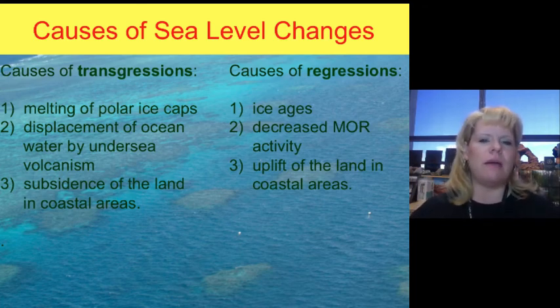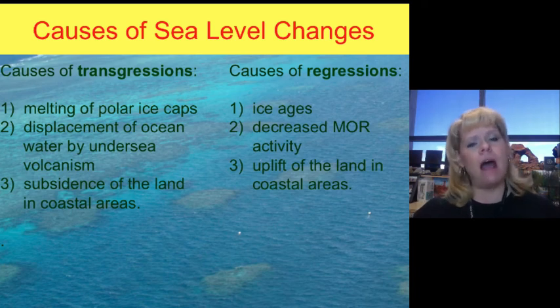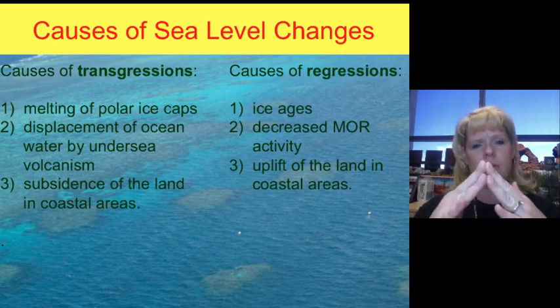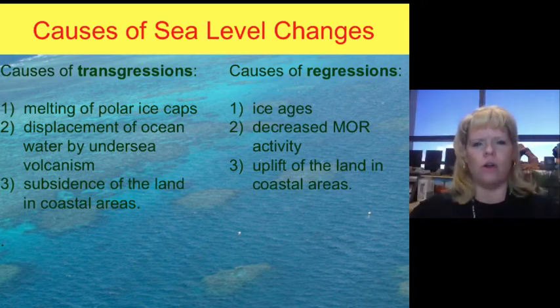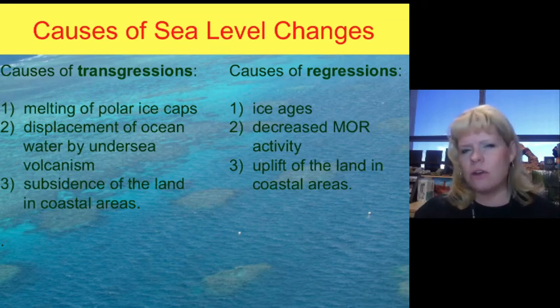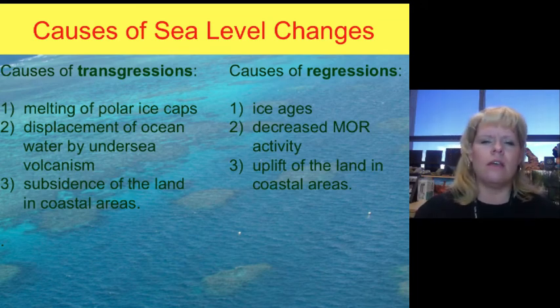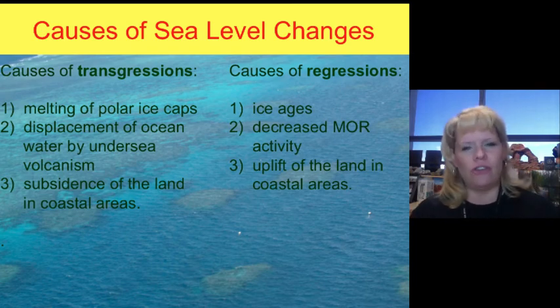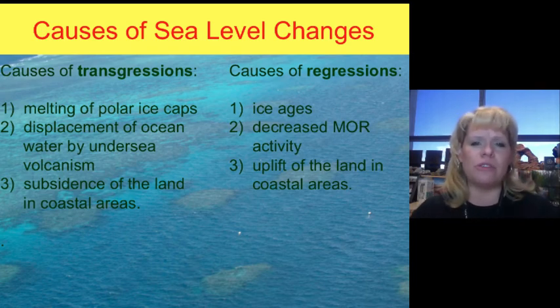Well, I'd like you to imagine, instead of being people, let's make mountains that are growing at the bottom of the ocean, and it's spilling that water onto the continent. That is definitely indicative of when you have very active mid-oceanic ridges that are growing taller mountains at the bottom of the ocean. The third way that I can get a transgression is if I get localized subsidence on the